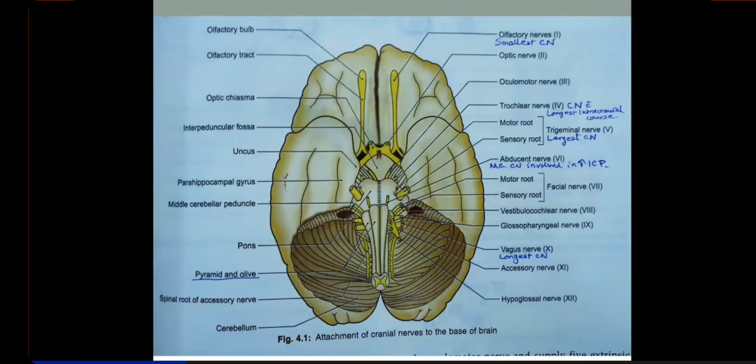Then 6th, 7th and 8th, they are the nuclei you'll find in the lower portion of the pons, right? And the arrangement is medial to lateral. And the way of remembering is that medial is for motor, just as I told you just now. So abducent is a pure motor nerve. Okay. So the arrangement of 6th, 7th, 8th will be medial to lateral from the pontomedullary junction.